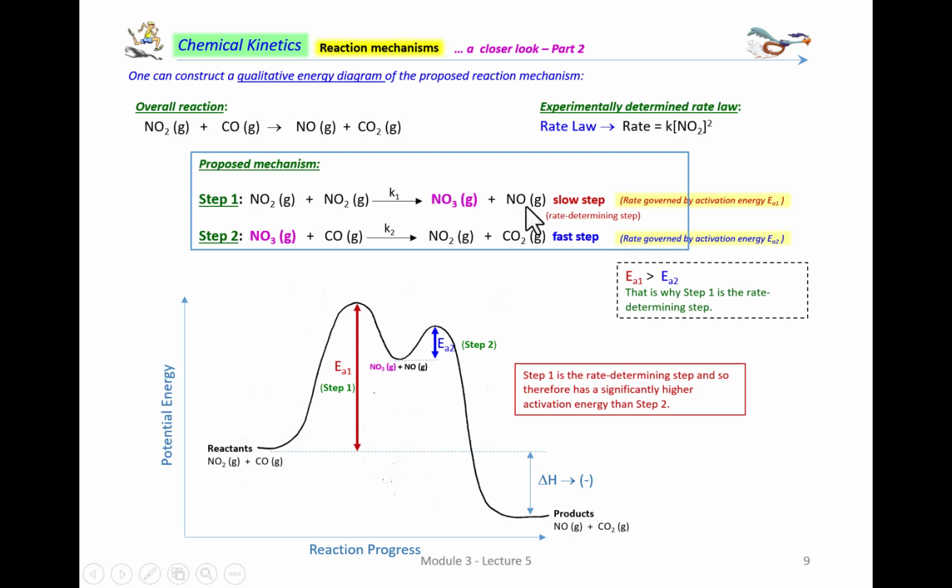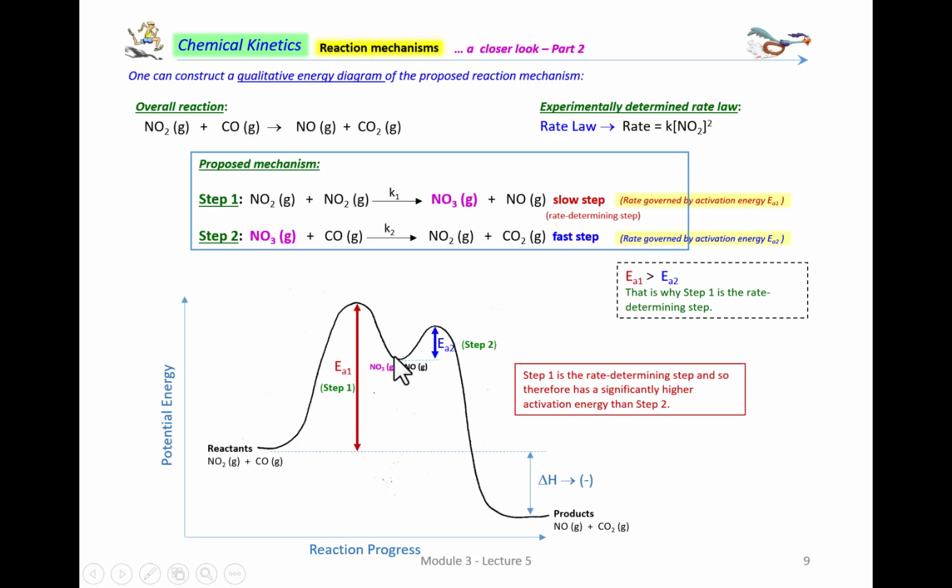Technically it's not an intermediate, but this certainly is the product of the first reaction, step 1. And then these two, of course, don't react together to form the product, so it was hard for me to draw that here. NO3 then reacts with CO to form NO2 and CO2. The point is, step 1 goes over an activation barrier of EA1 and forms some products, and then step 2